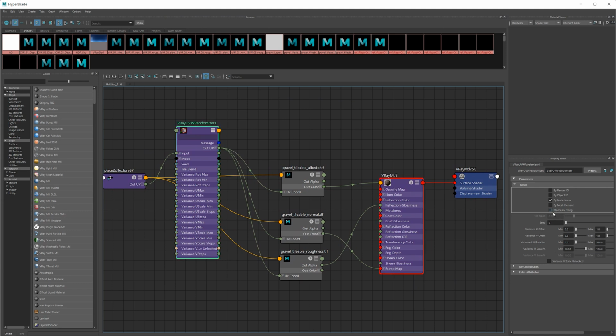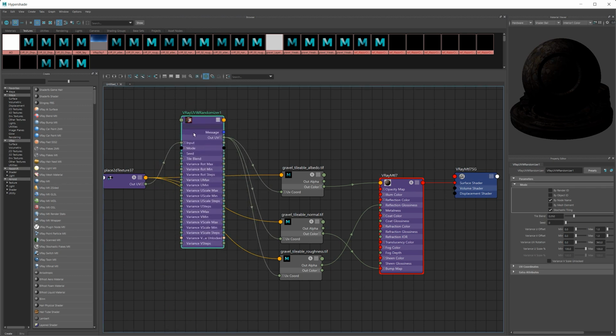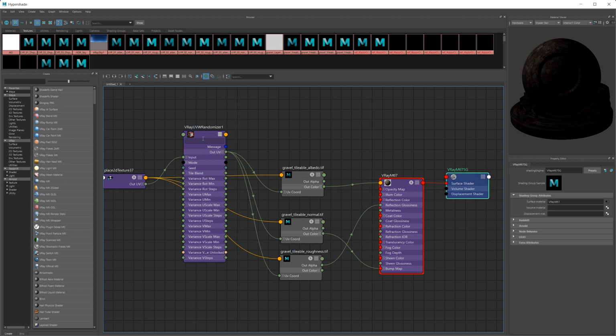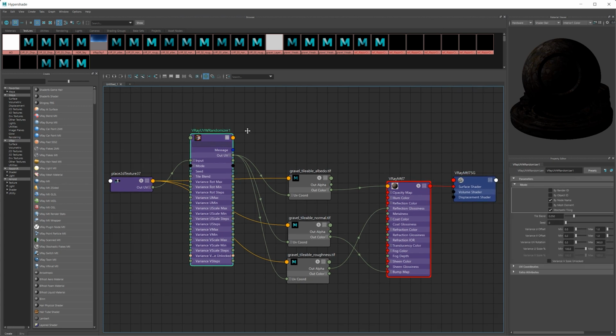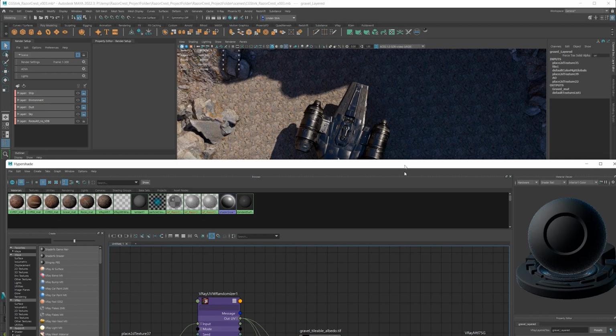If you turn on this stochastic tiling right here, I would like to do another video on this. I don't want to get too far into stochastic tiling. I'm sure other people have also done videos on the UVW randomizer. Really useful. I made one a while back for a custom solution for Redshift, but this is a pretty good solution for V-Ray. All right, so let me quickly show you this in action.